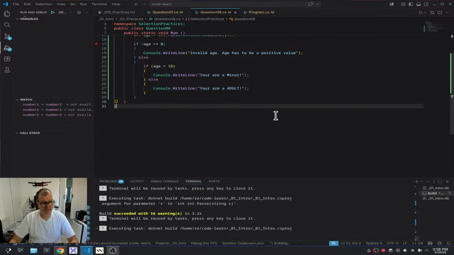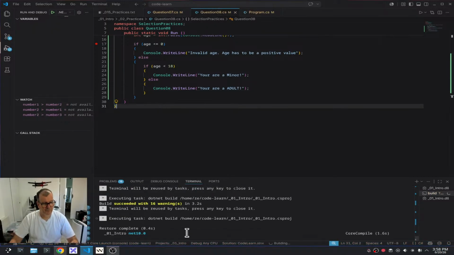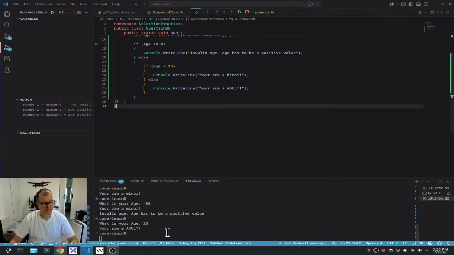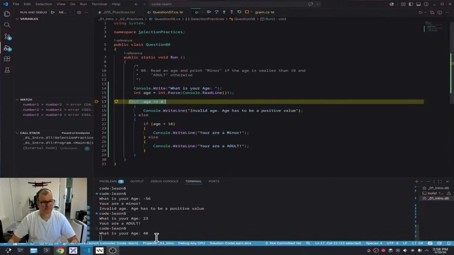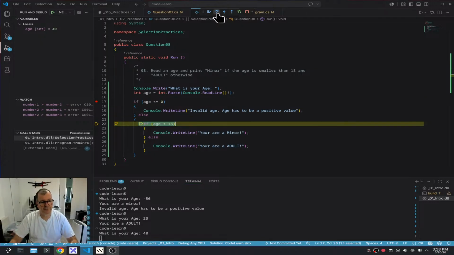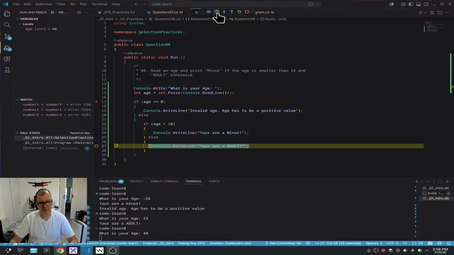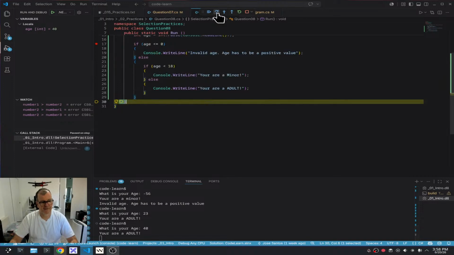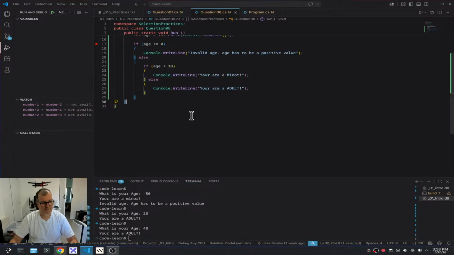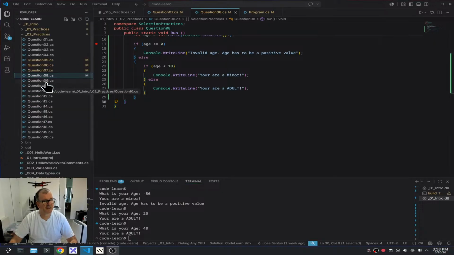And then let's run again. And let's put 40. Is it smaller than 0? Is it smaller or equal to 0? No. Is it smaller than 18? No. So you're going to print, you are allowed. And boom. Cool. Okay. I'm speeding today because I think those are very simple ones and I don't want you to get